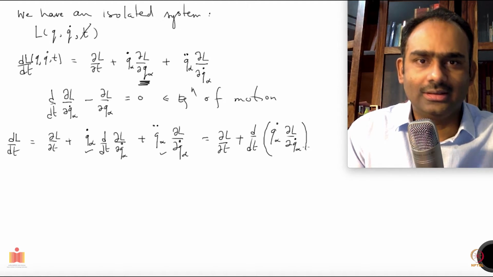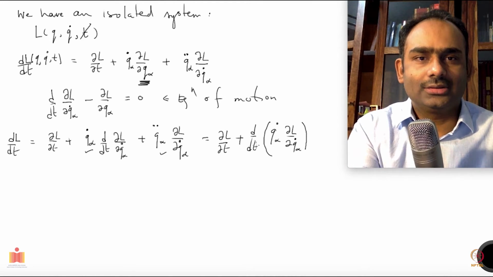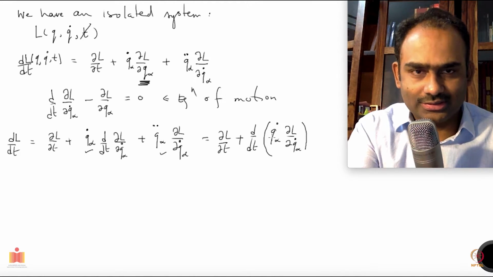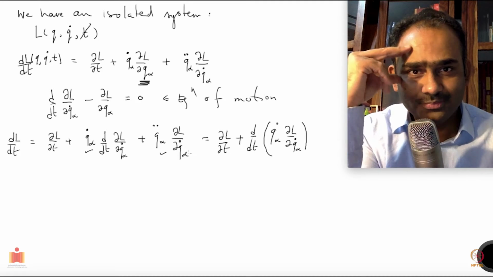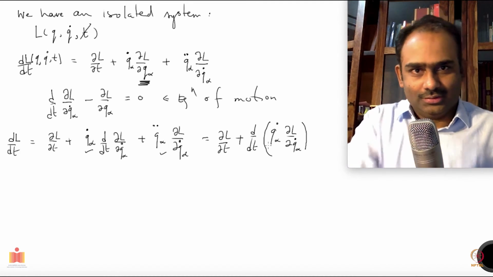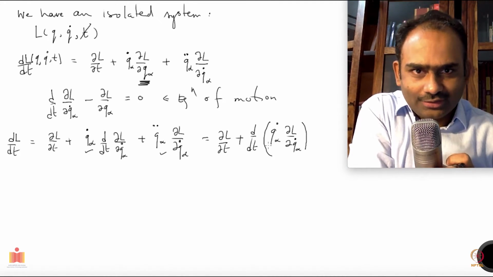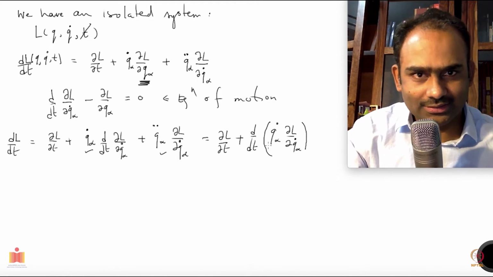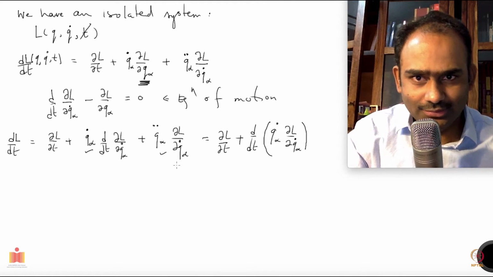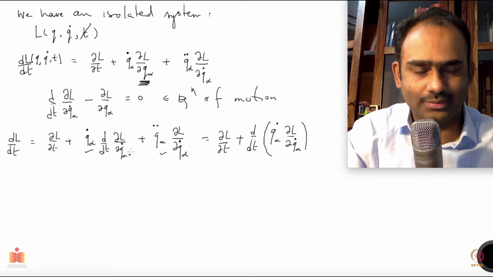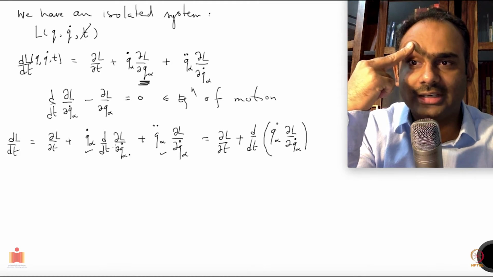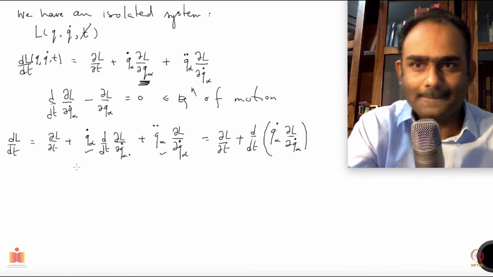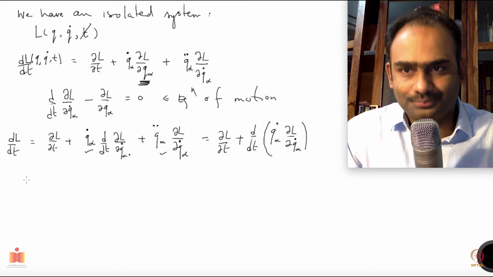Is it clear? So when this total derivative acts on q alpha dot, it generates q double dot, and this one remains. So this is the second term. And when you take the first term, leave it without acting with the derivative, and the derivative acts on the second term, you get this piece. Okay, this one. So this relation is correct, and now you have total derivatives on both sides of the equation, so I can bring them together and write